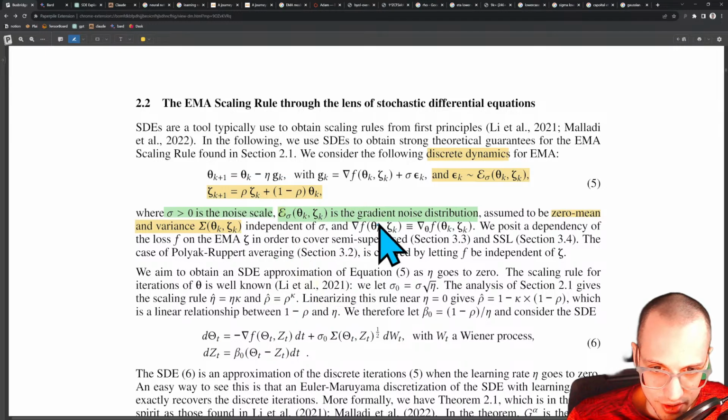Independent of sigma, grad f, the gradient of this f is equal to the gradient of theta of this. Okay. We posit a dependency of the loss f,